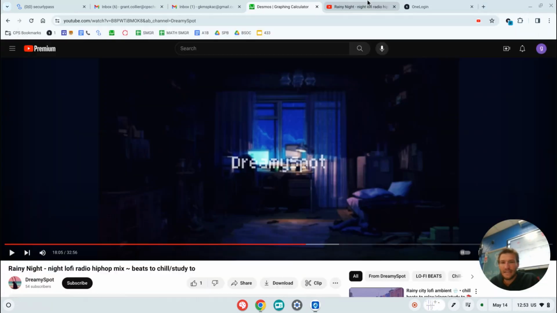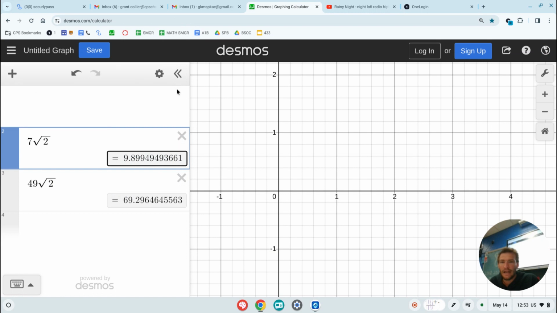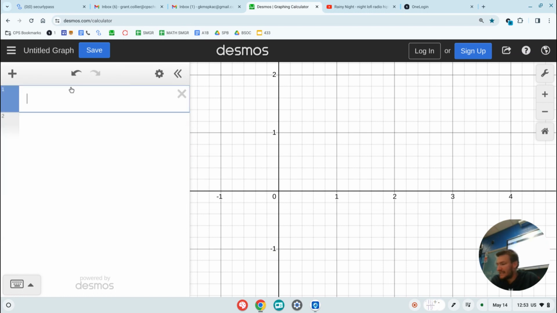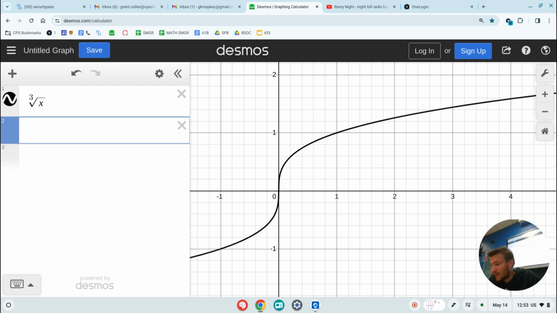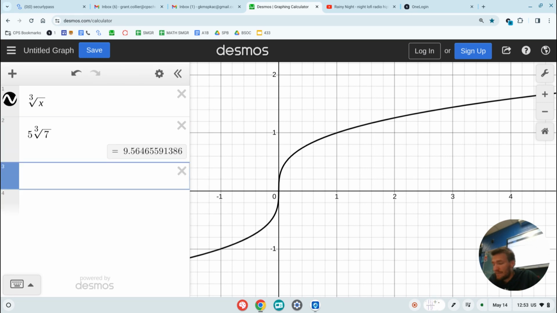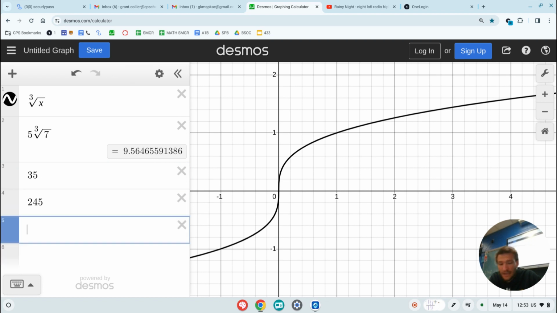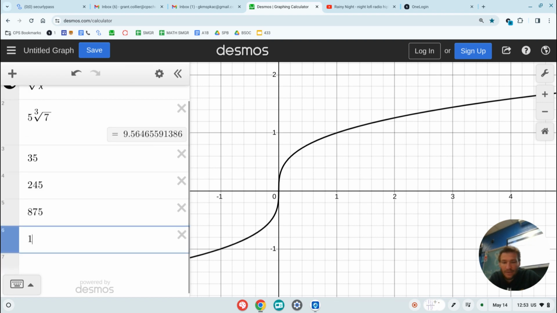And if I go to Desmos, and I type in 6 different things, like the cube root of x, that's the first one I saw, 5 cube root 7, that was also in the question. If I type in answer choice A, or answer choice B, or answer choice C, or answer choice D,